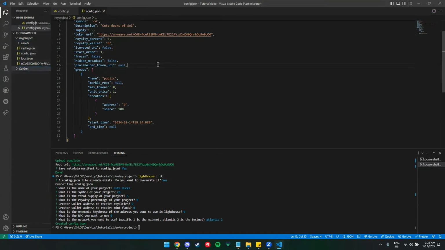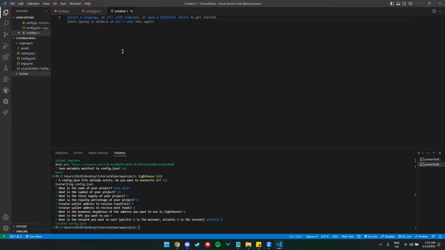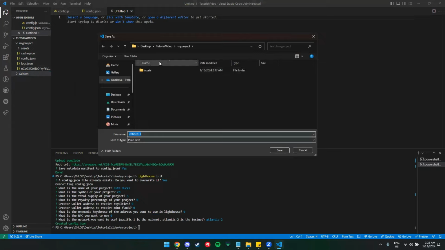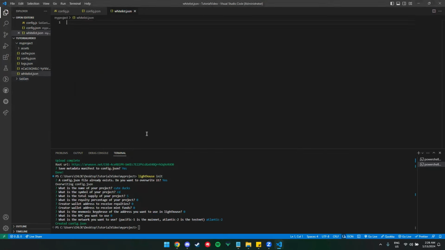What I'll do is new, save it under here and name it as whitelist.json. Okay, I have it here.